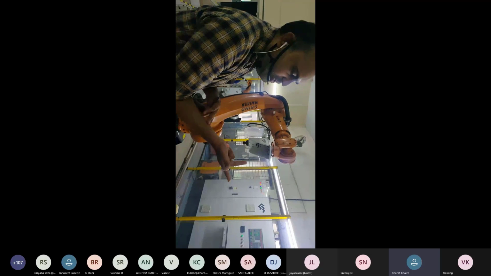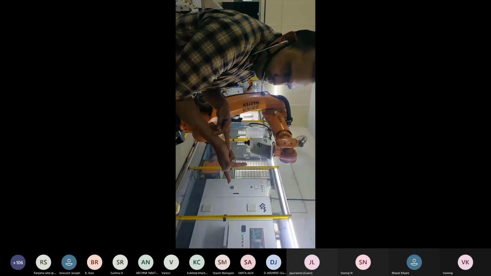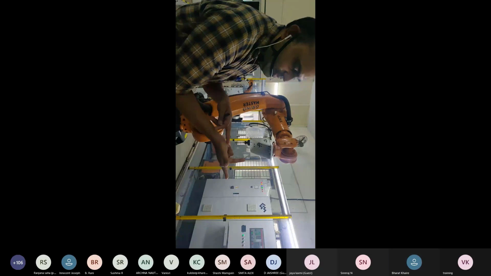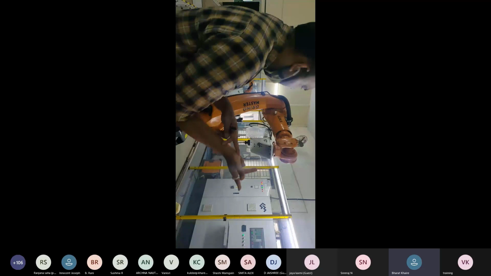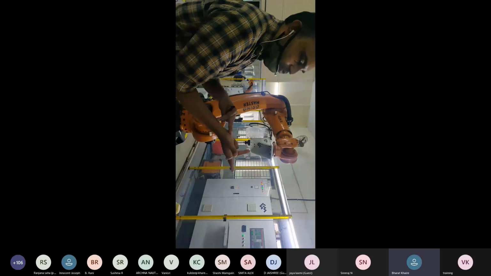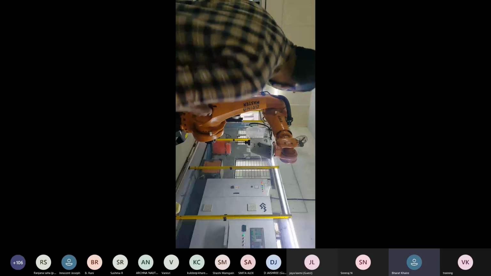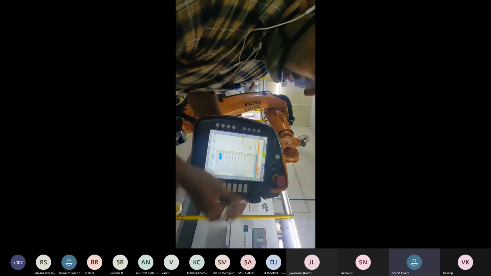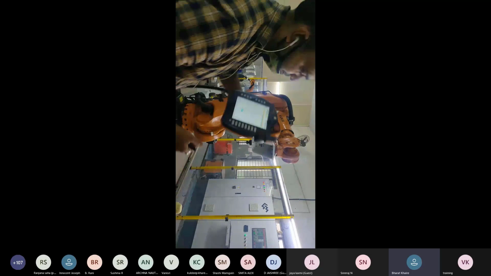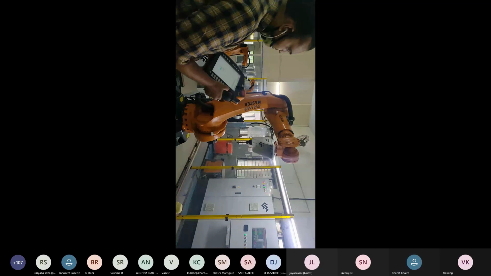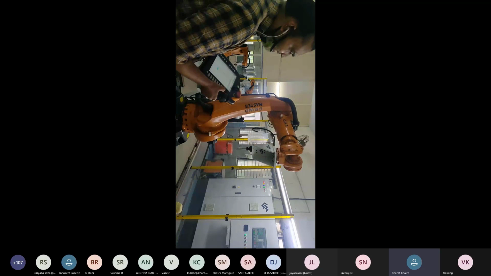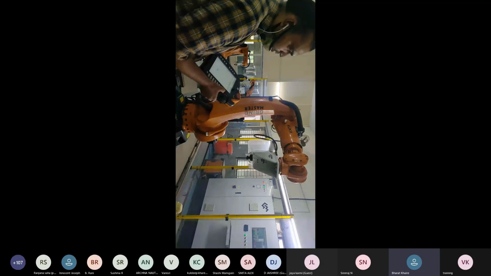Now we will jog the robot in X, Y, Z, A, B, C, but we have to know the right hand rule. Okay, so now we are going to check the axes in the world coordinate system. You are watching here, the X, Y, Z and ABC are highlighted. What is X plus and X minus? We will see it. Now I am pressing X plus. You can see the robot is going toward the door.